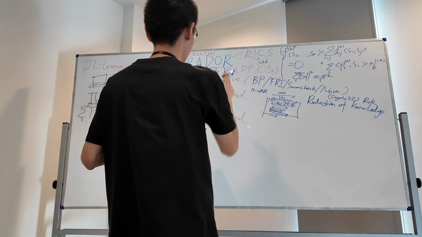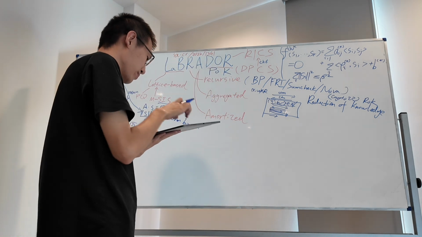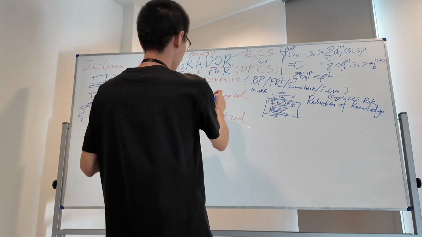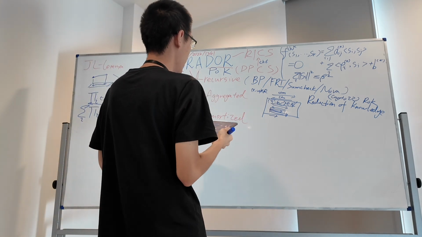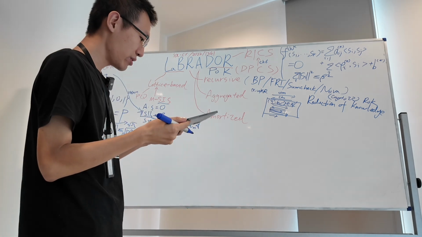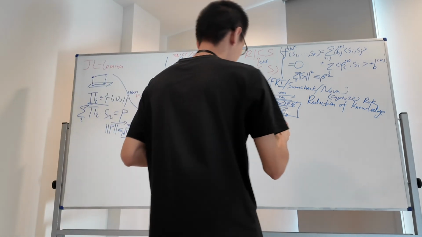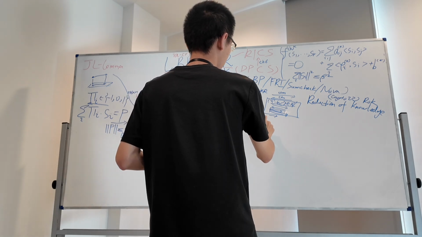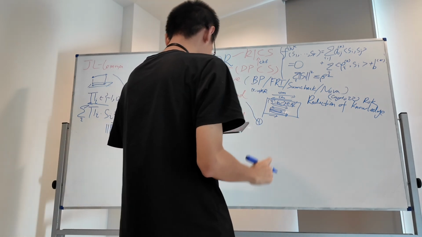Labrador also has this recursive structure. And we will go into this aggregated part. Basically, it will be divided into two parts. The first part is